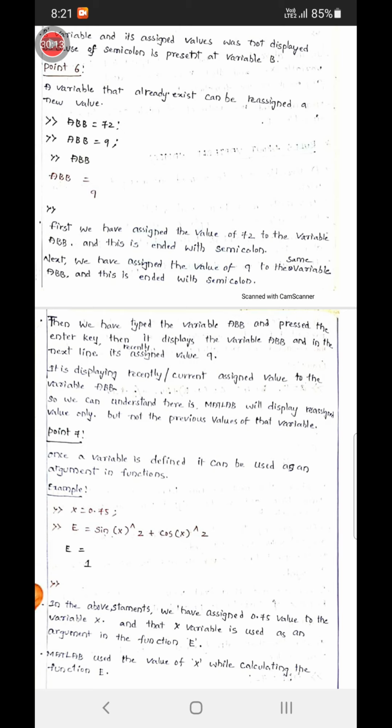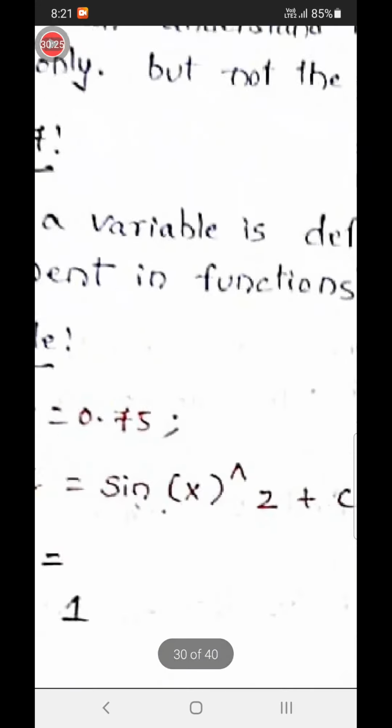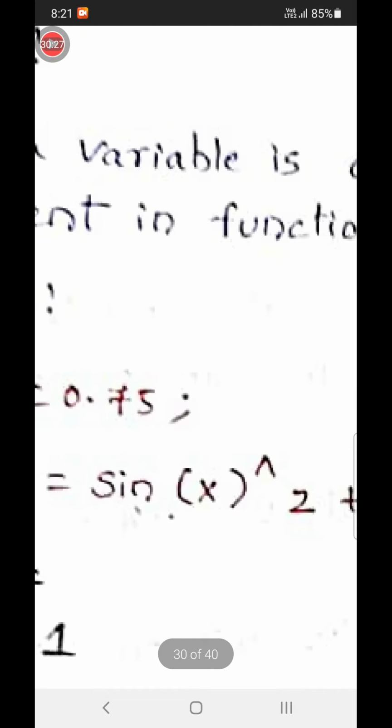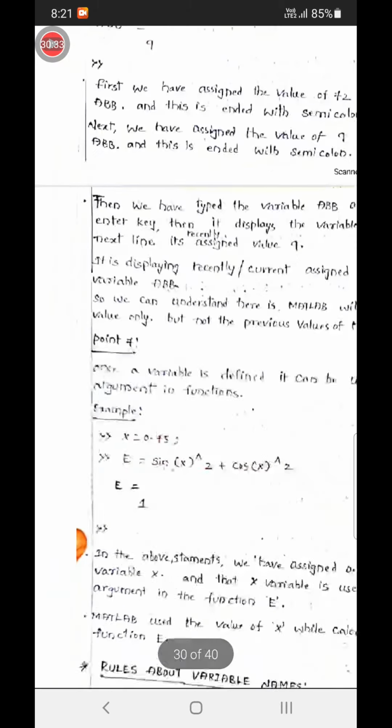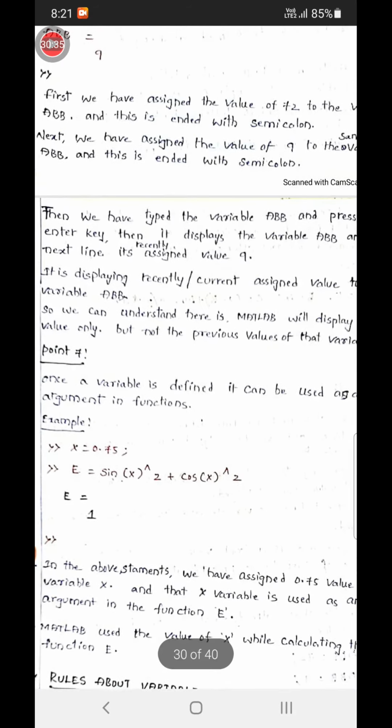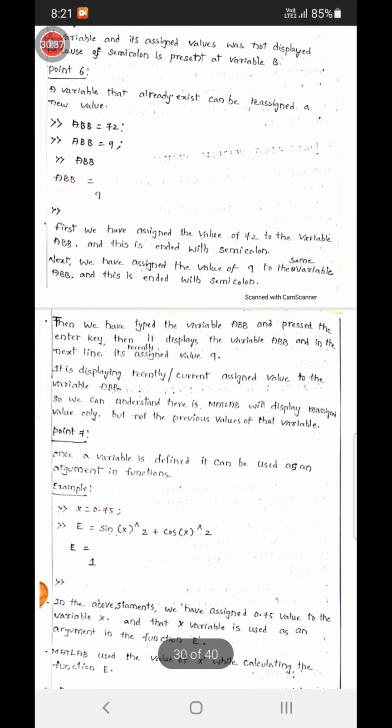So these are the points we need to understand in this seventh point. We can use a defined variable as an argument in the function. See, here we have used x as an argument. You just read all these things, and you can easily understand them.